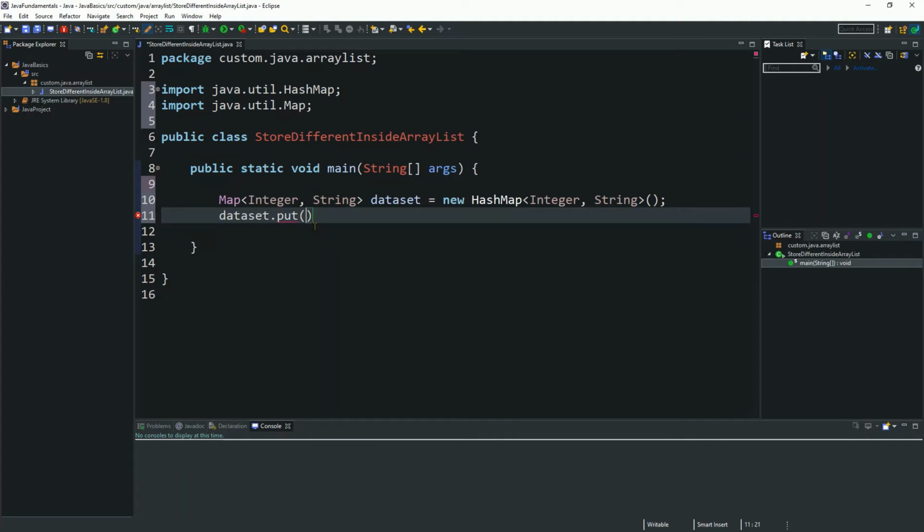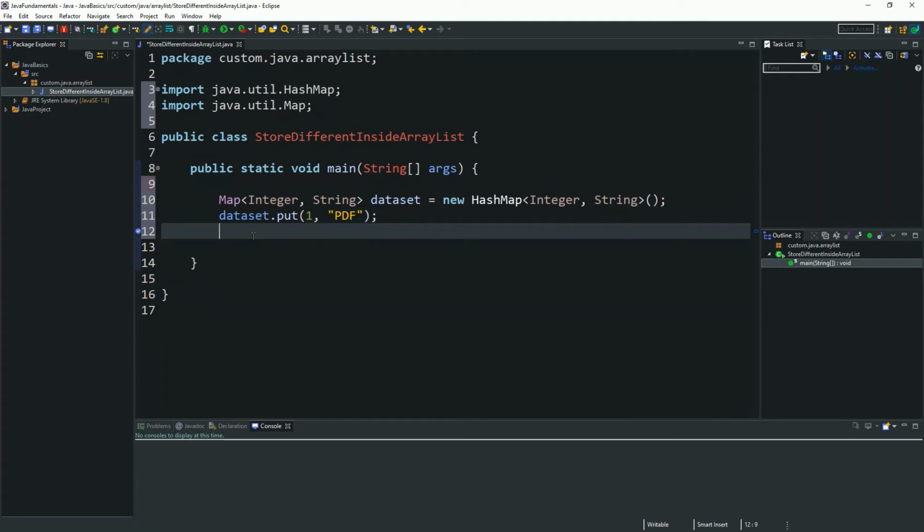I am giving a key and a value because we created this map with an integer key and a string value. The first key is 1, and the string I will give as PDF, because I'm giving the format of that particular dataset. The first entry is put down here.